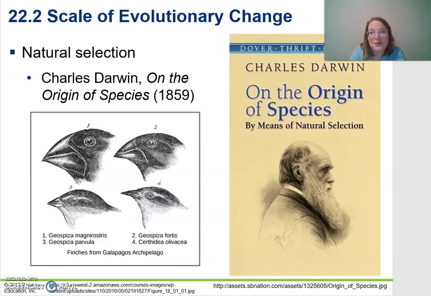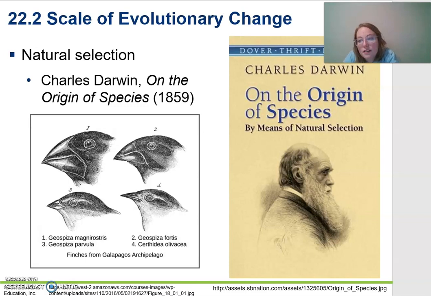Okay. So we could talk about this slide forever. I'm going to try to not take too long on it. We've talked a little bit about what natural selection is. It's a mechanism for evolution. And the first person to publish on this was Charles Darwin. Actually, there was another man, Alfred Russel Wallace, doing the same work, but Darwin is generally credited with all of the credit. But Charles Darwin sailed on the HMS Beagle, a boat, from 1832 to 1836.